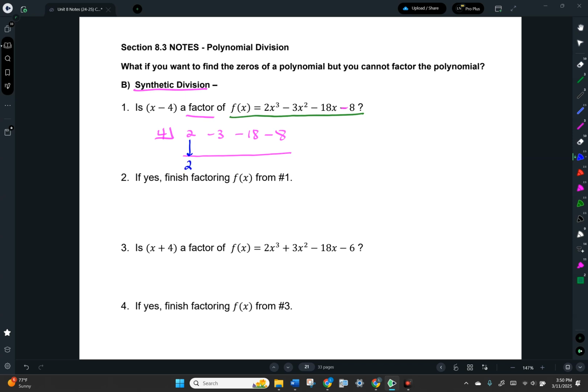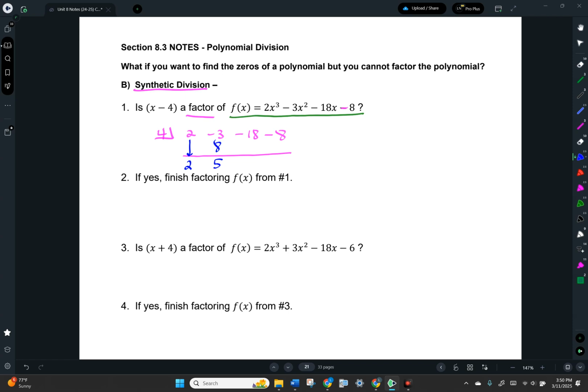So you bring that number straight down, okay? From there, I'm going to multiply that 2 that I brought down by the 4 that's on the outside. So 4 times 2 is 8, and that goes right here, okay? And so then I add these two numbers, negative 3 and 8 is 5, and now I start the process